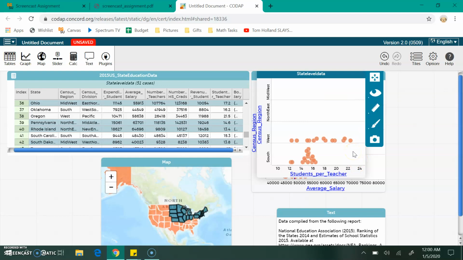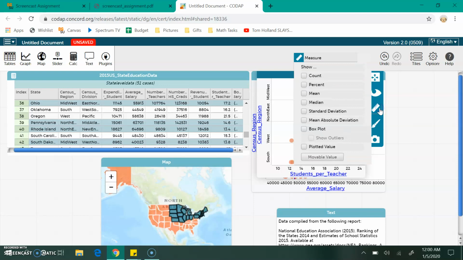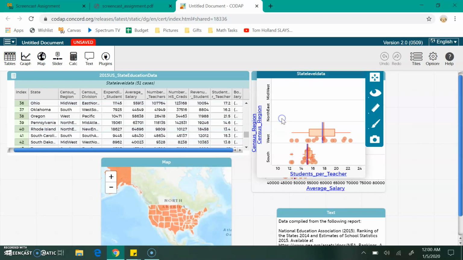Looking at this without adding in a box plot, I can see that the West has a very spread out number of students per teacher, whereas the South seems to be pretty clustered around the same number. So I'm going to go ahead and add in that box plot as well as the mean and the median to see what happens. I'm going to also select the outliers just to see if there are any from Code